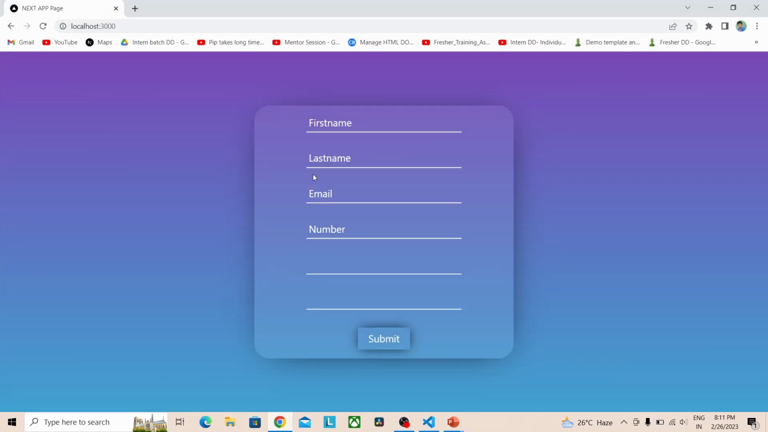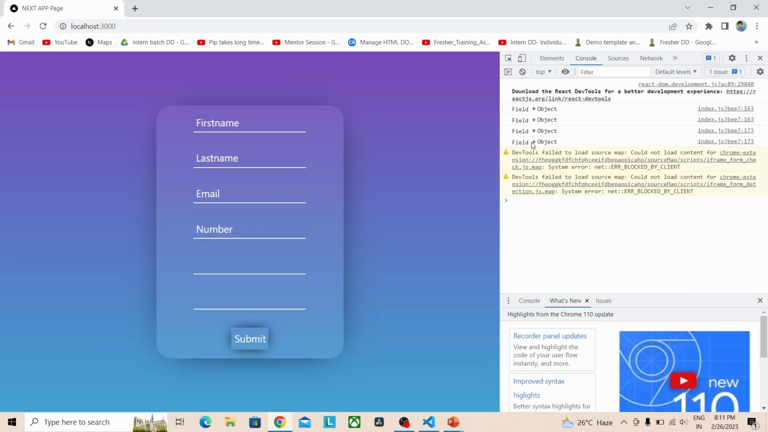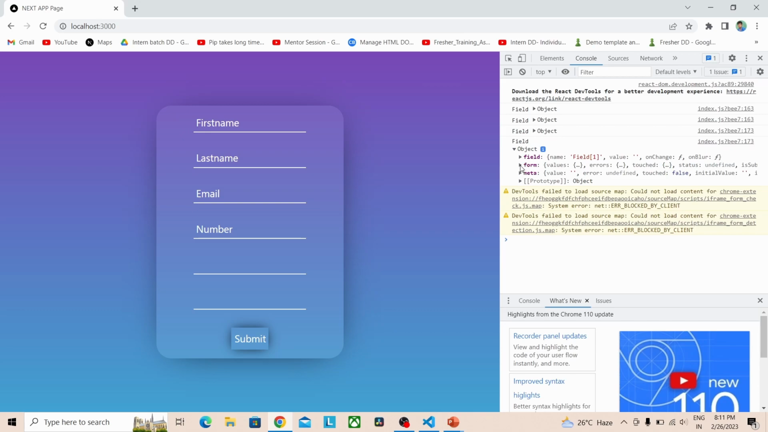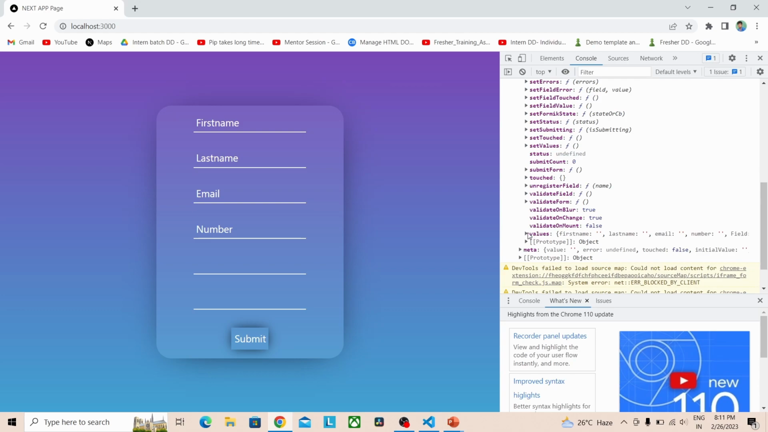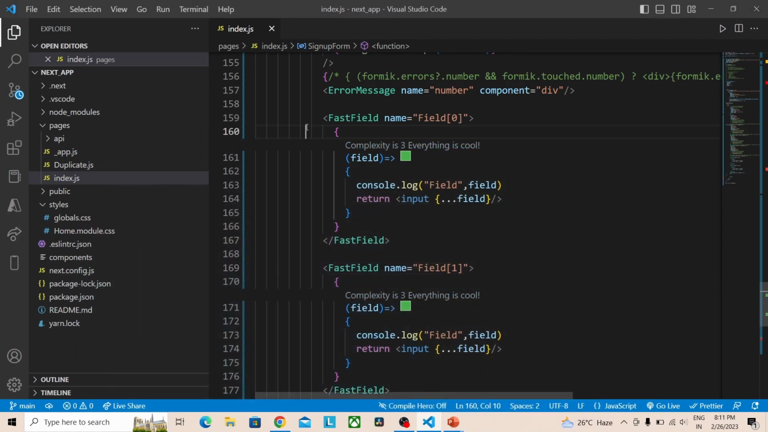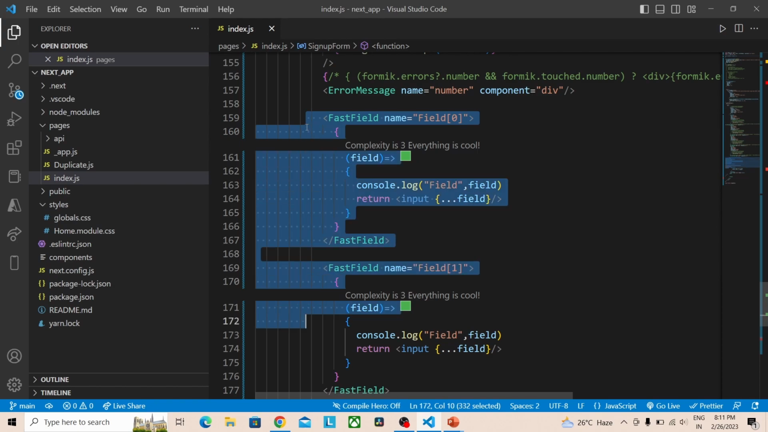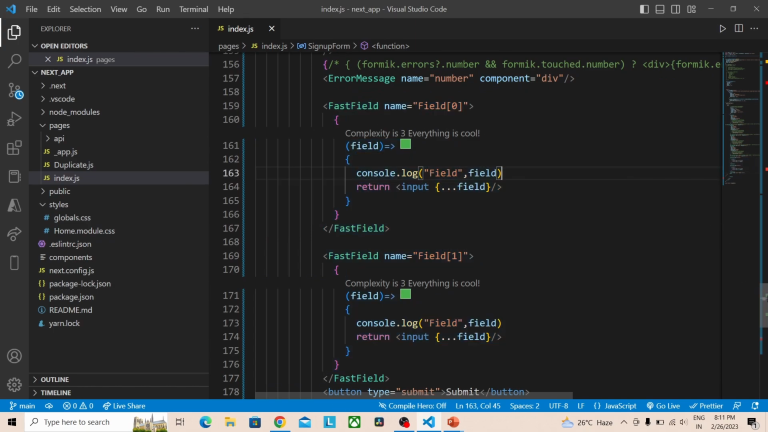Go to the front end, refresh the page, open the console. Within this object, you can see the form. Scroll down, you can see the values. In values, you can see the field and two empty values. So you can see here we have around 20 lines for this array function. To overcome this, I'm going to use the